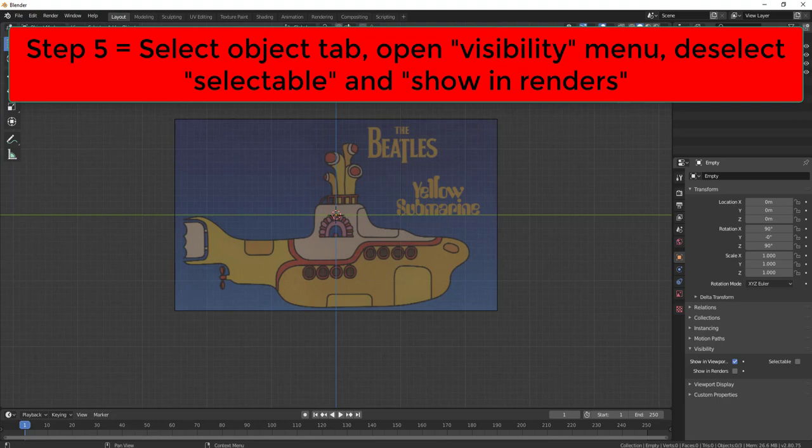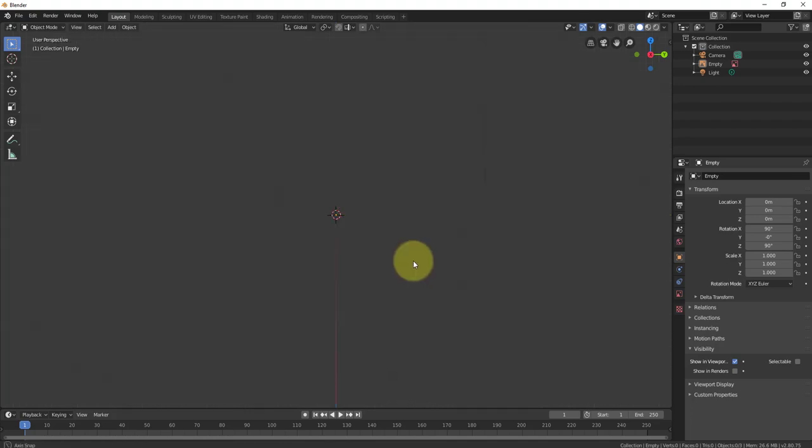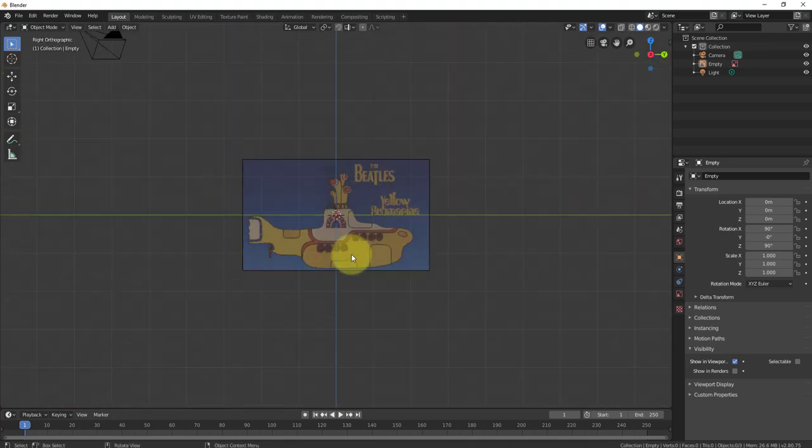All right, so where we're going to start is actually making the hull of the submarine. A couple things you'll notice: if you accidentally rotate this into user perspective, that image disappears, and that's actually a good thing. We only want to be able to see it from orthographic views and direct angles. If at any point you're lost in space here, if you press the 3 on the numpad, it'll bring back your reference image,